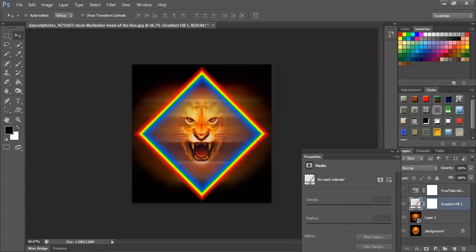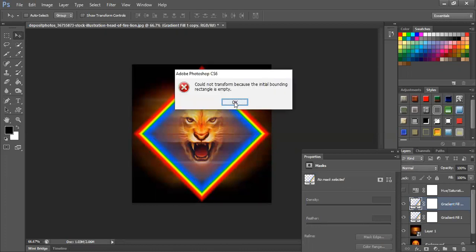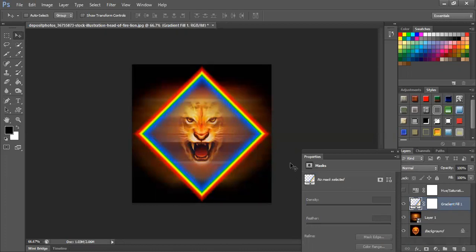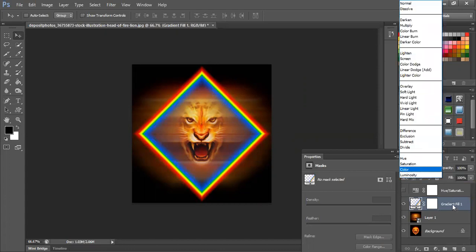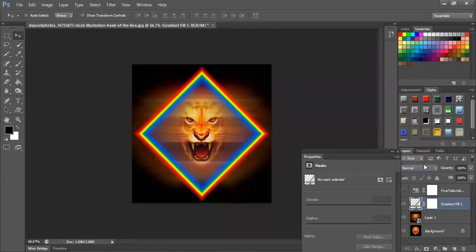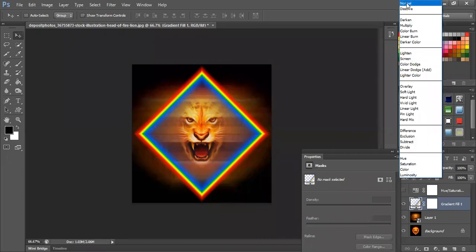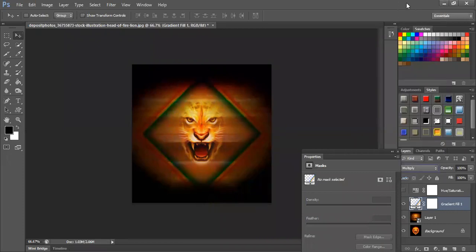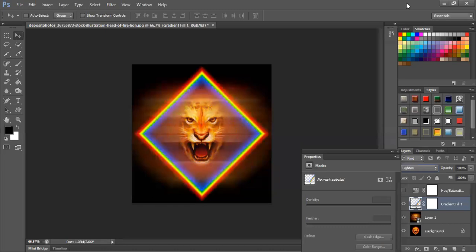I can make it a gradient effect up here. What I would also suggest is that you could duplicate this, and if you want to change the blend style to make it look nicer and more appealing, you can go here in the normal section, in the blend style. So which blend style do you like?